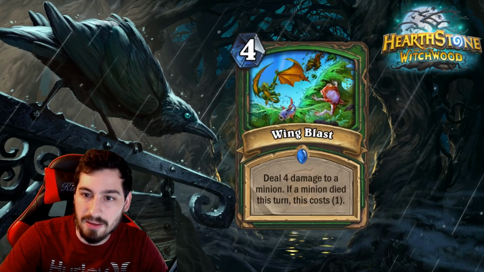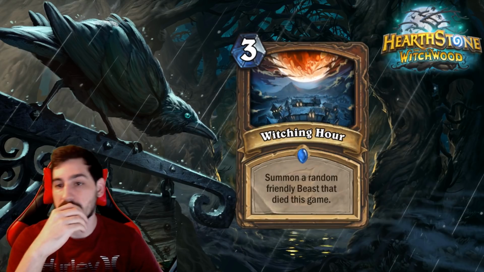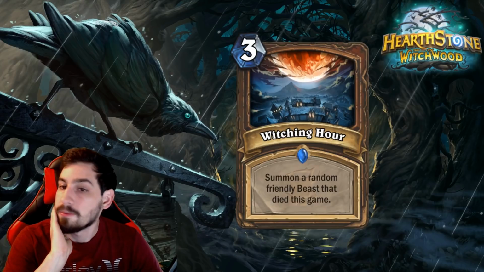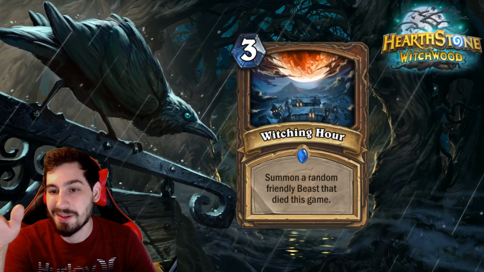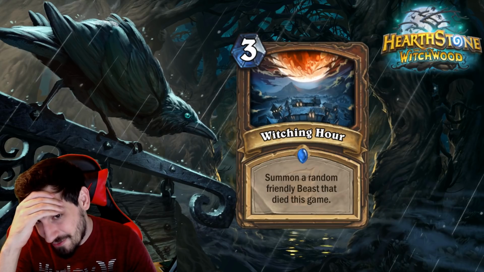So you've got a little bit more options on turn 4, and it's not a bad card at all. Next, we're going to be talking about a Druid card, Witching Hour, sorry. 3 mana, summon a random friendly beast that died this game. So obviously more so pushing the continuation of Blizzard pushing the taunt / beast druid, something they've done for like,